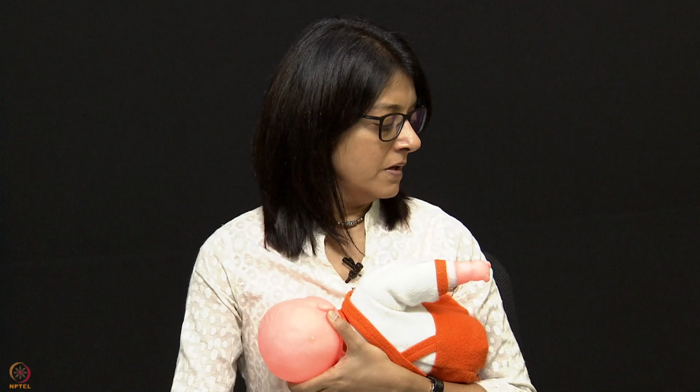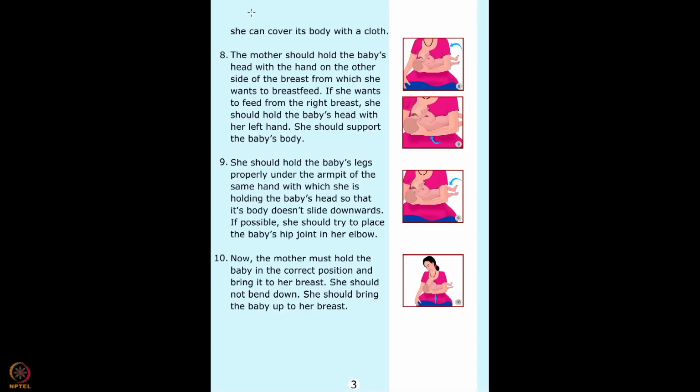Just make sure of how I'm sitting, with my back straight. Of course, the mother will want some back support also, so if there is a pillow, you can put it behind. This is called cross cradle because I'm holding the baby with the opposite hand from the side I'm going to breastfeed. Then she should hold the baby's legs properly under the armpit